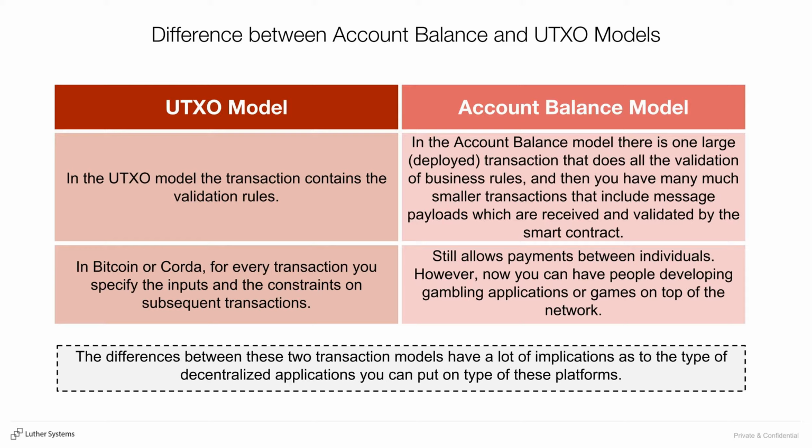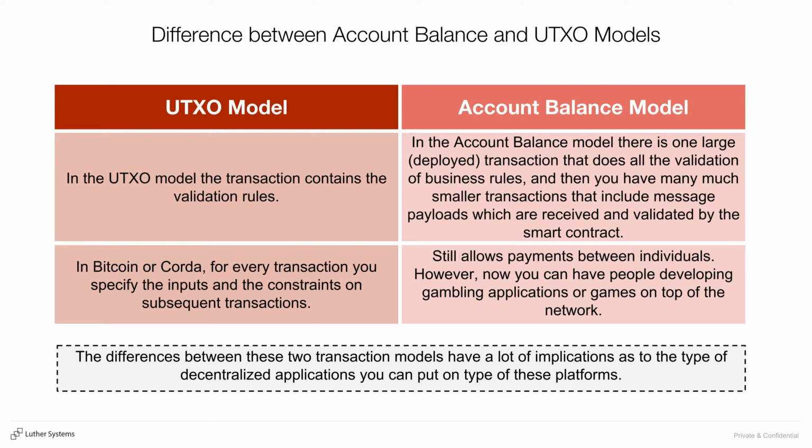So you can think of it as in the Bitcoin and the Corda case, for every transaction, you're specifying the inputs and you're specifying the constraints on the subsequent transactions, and the constraints are the validation rules. So the constraints are saying this transaction can only be used with another transaction in this way, and you're doing